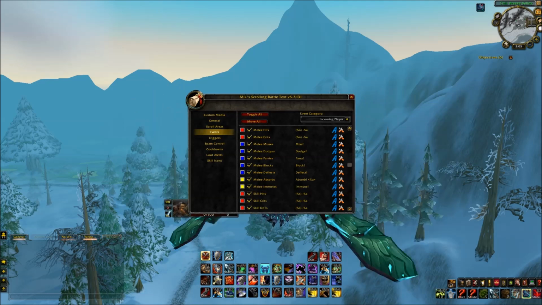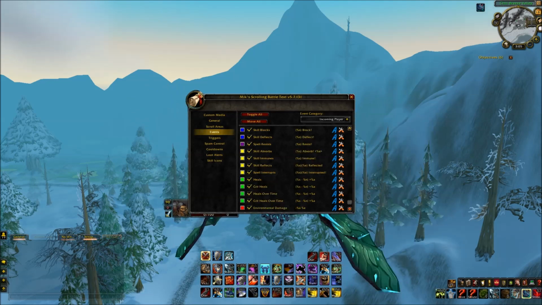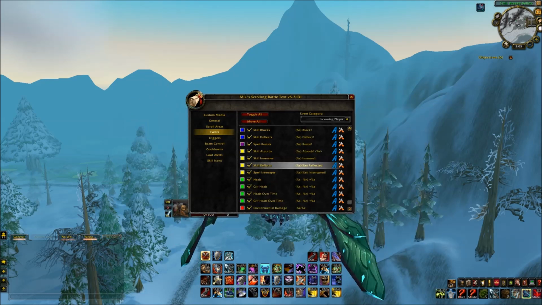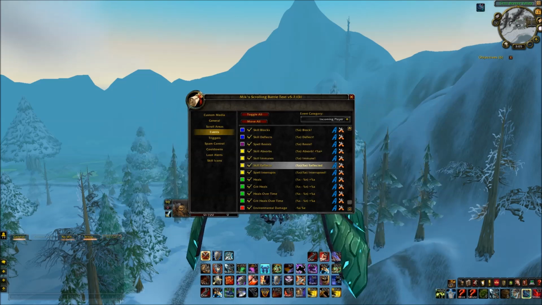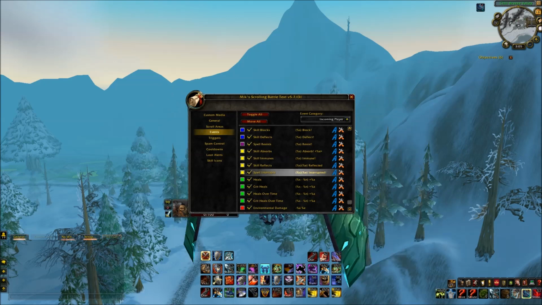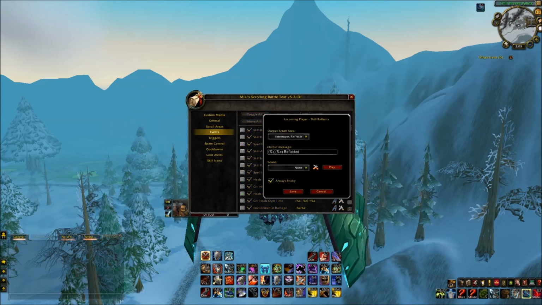I don't even really remember exactly how I did it, so let me look around for it a little bit. Here we go. So skill reflects or interrupts. I have that configured. I'm pretty sure this is the right one. Incoming player. So I've changed this to show reflected or interrupted, and I have that in my own configured scroll